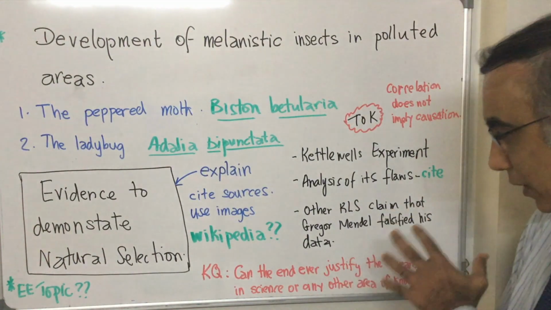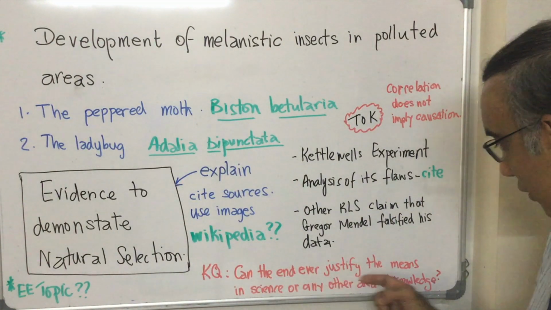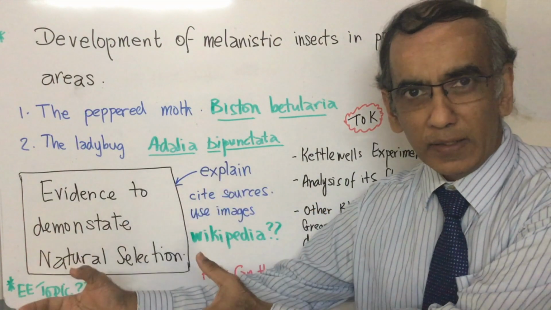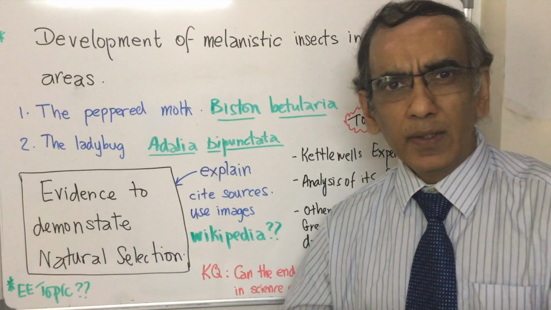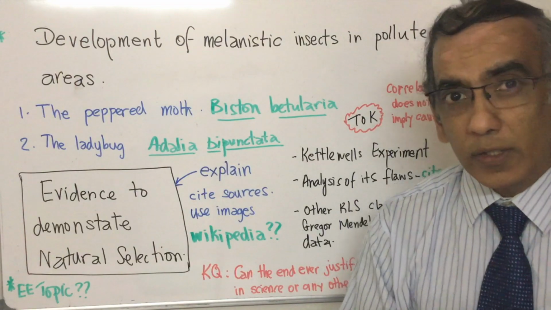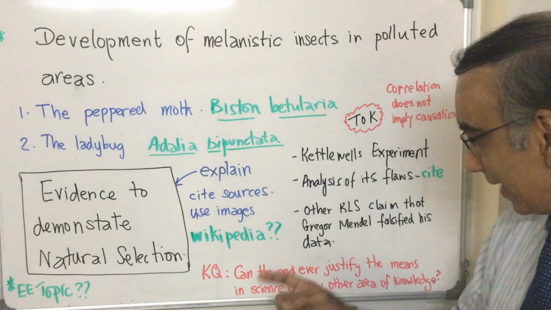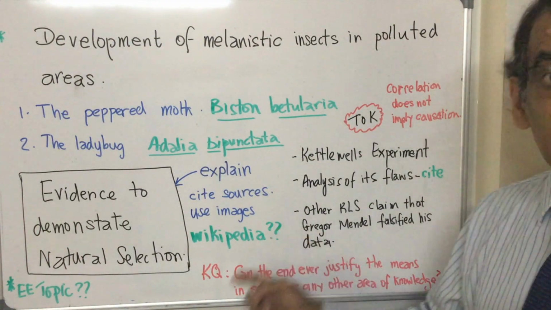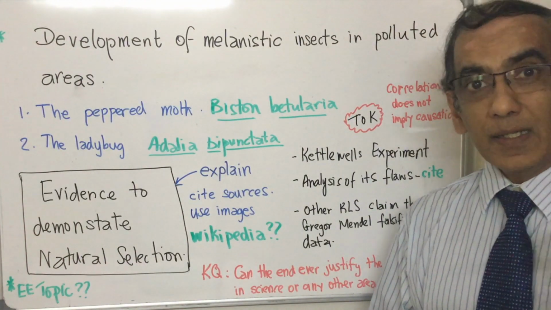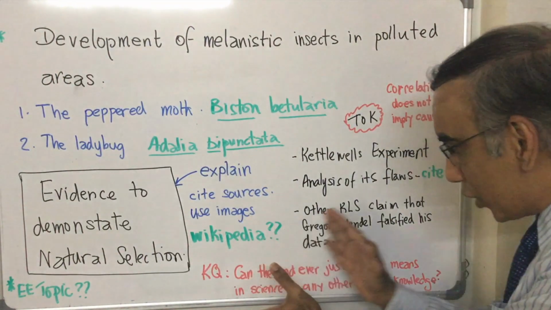So therefore, the question that arises from this real-life situation is, can the end ever justify the means? Could it be that if you're a scientist and you are confident about a particular outcome, that it's okay then to fabricate or to change your data so that you convince everyone else of what you're trying to prove? Can the end ever justify the means in science or any other area of knowledge for that matter? That is an example for you of how you go from a real-life situation to this very general type of